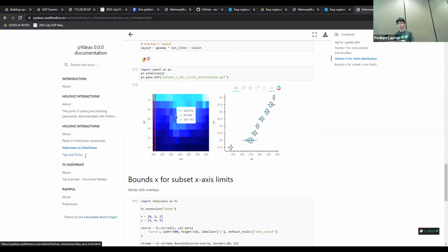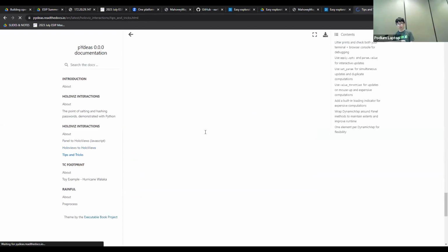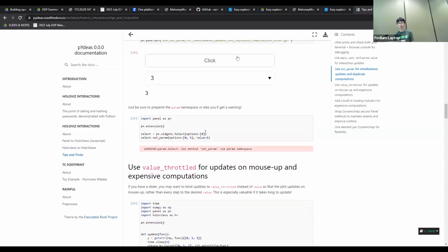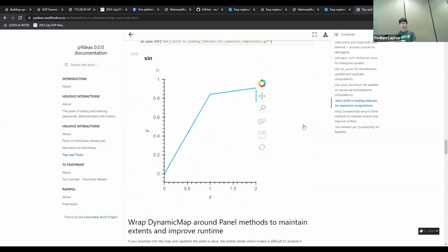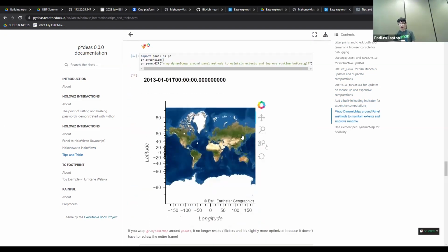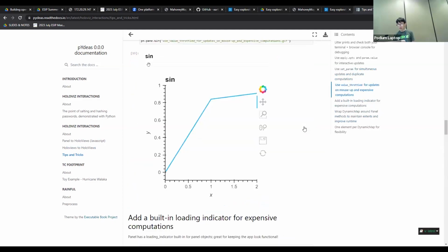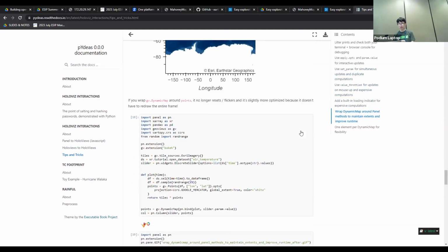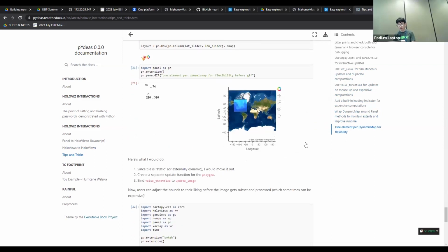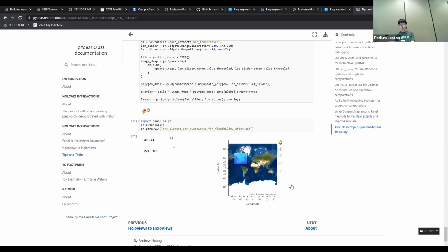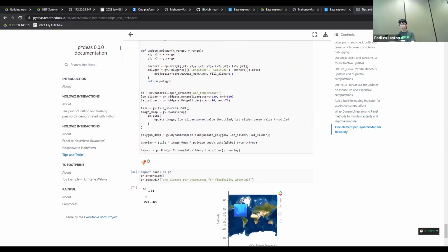So yeah, HoloViews and hvPlot make not only exploring data really easy, but you can also build advanced streaming functions. You can interact with it easily. Here, if you want to select only specific points, that's also possible. If you want to select data only for that region, you can do that as well. There's a lot of examples here.